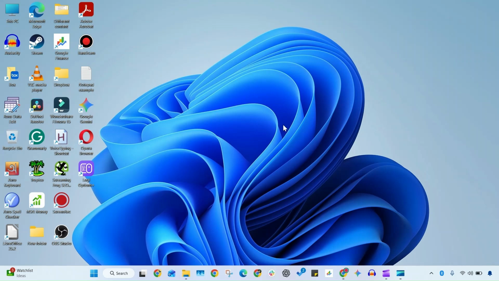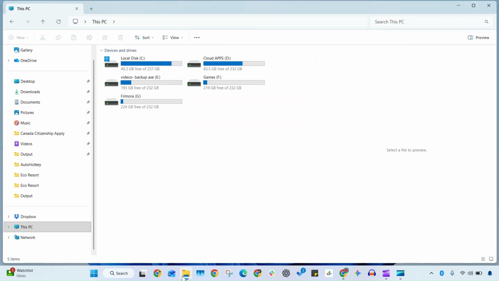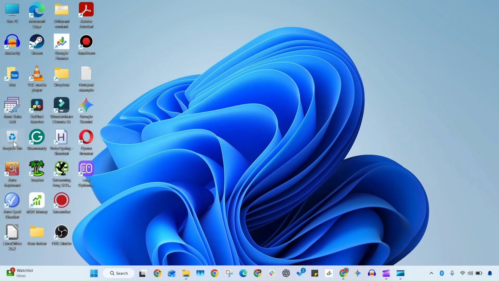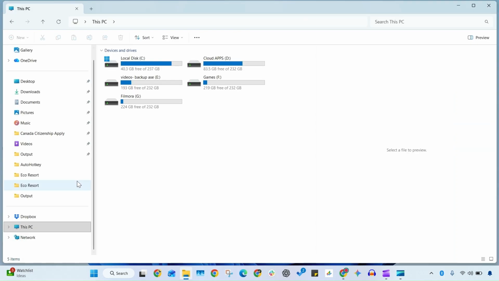Today we'll learn how to put recycle bin on the File Explorer. So by default, if you go to the home page, desktop, you'll be able to see the recycle bin here. If you want to have it here on the File Explorer, all you have to do is come here and